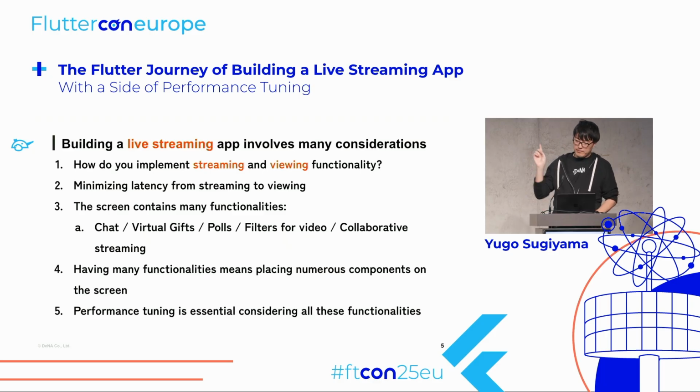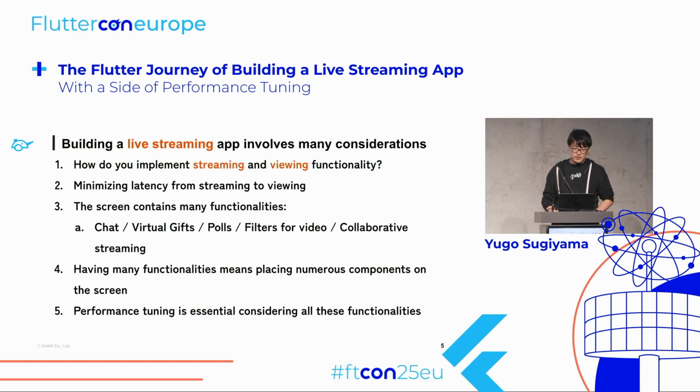Building a live streaming app involves many considerations, especially how to implement the streaming and the viewing functionalities, and minimizing the latency from streaming to viewing, and placing numerous functionalities on the screen, such as the chat, buzzer gifts, polls, video filters, and collaborative streaming, and so on. Having many functionalities means placing numerous components on the screen,